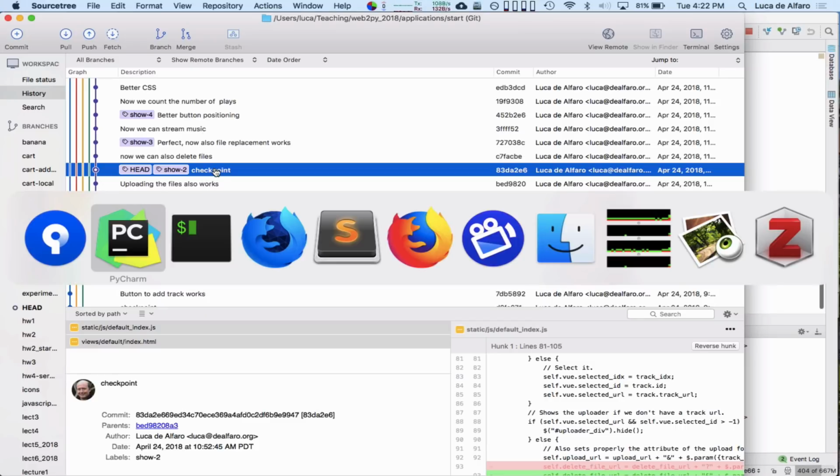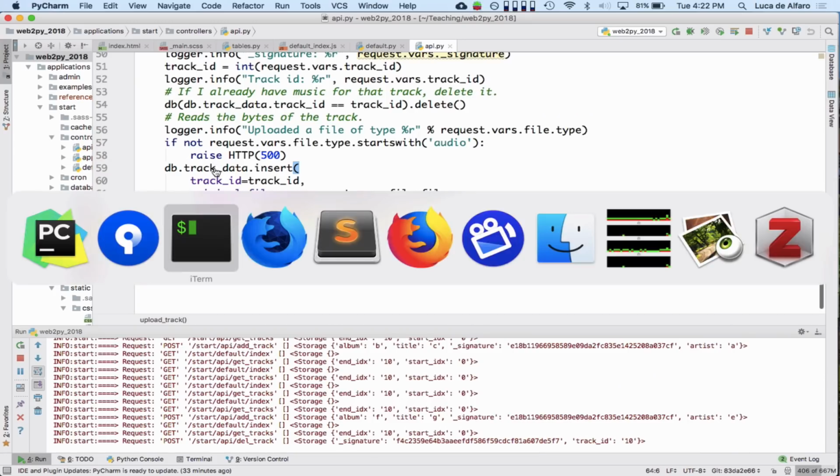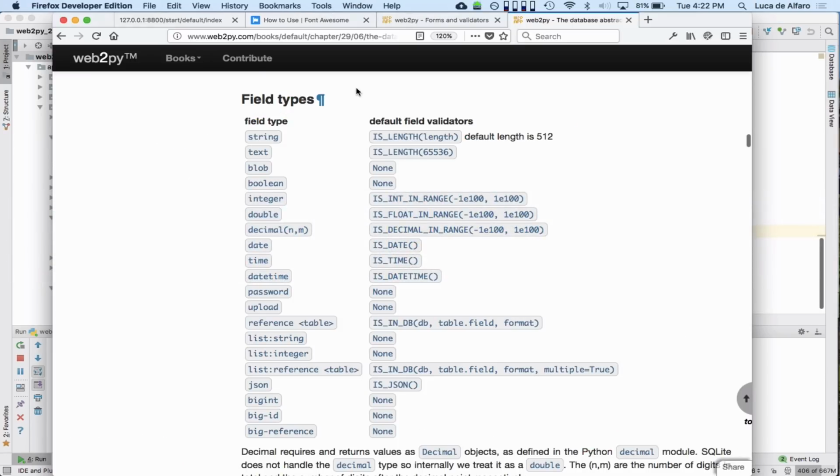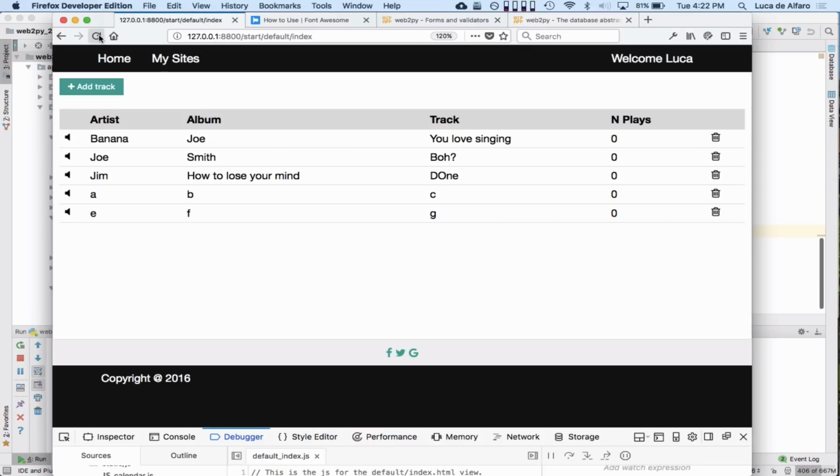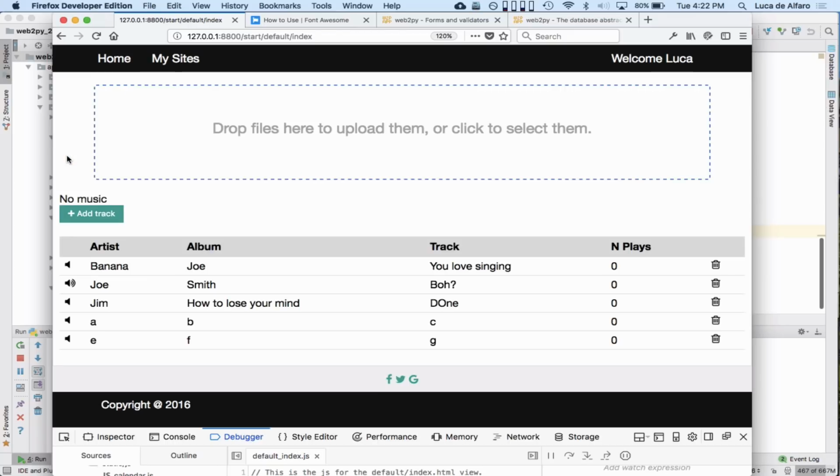Okay, I can directly look at the code. Actually, let me show you first how it looks. So if I reload, here it looks trivial, right? If I add a track, this still works in the same way. But now, if I try to play music and I don't have the music, it will display a section where I can either drop files, or if I click here,